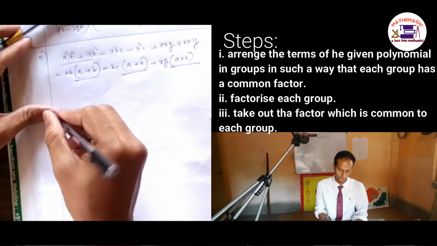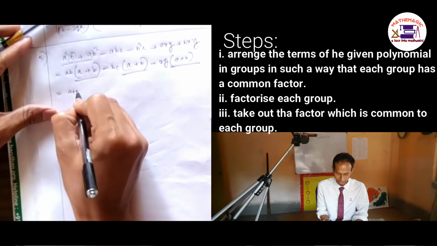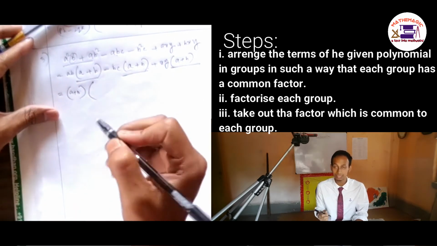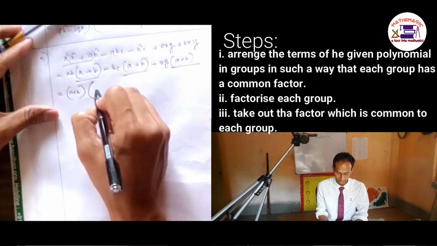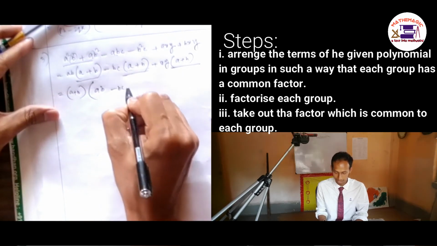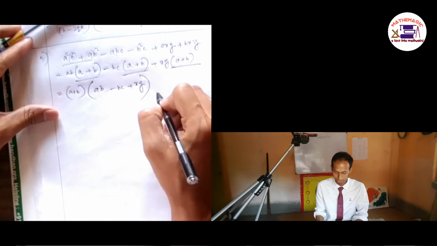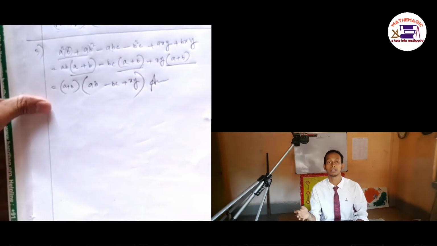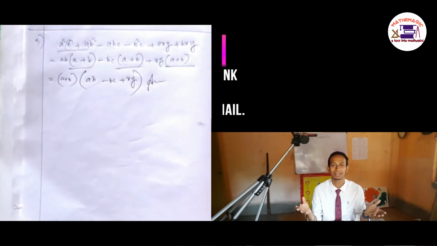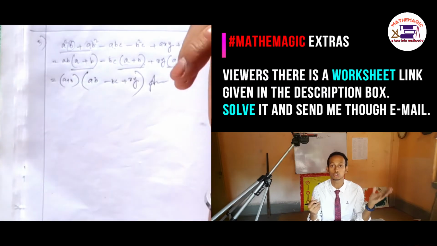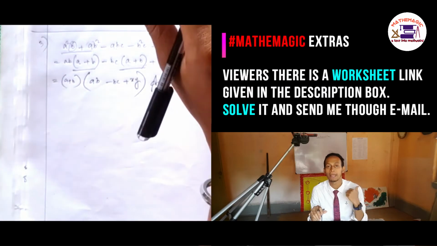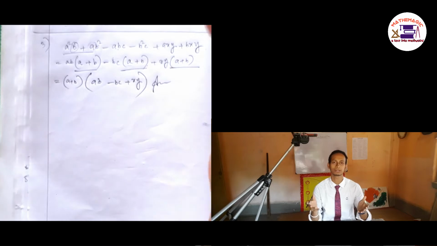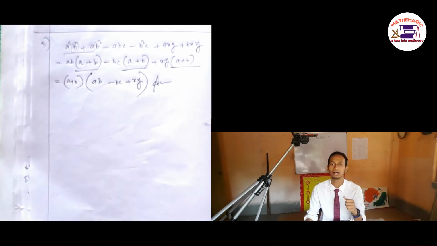this part is common, so we will be taking a plus b outside, and we'll see whatever things are left, like ab minus bc plus xy, so here it will be our answer. So this is so easy. I think you can solve the remaining sums from the book, and for now I'm just following the ML Aggarwal book,